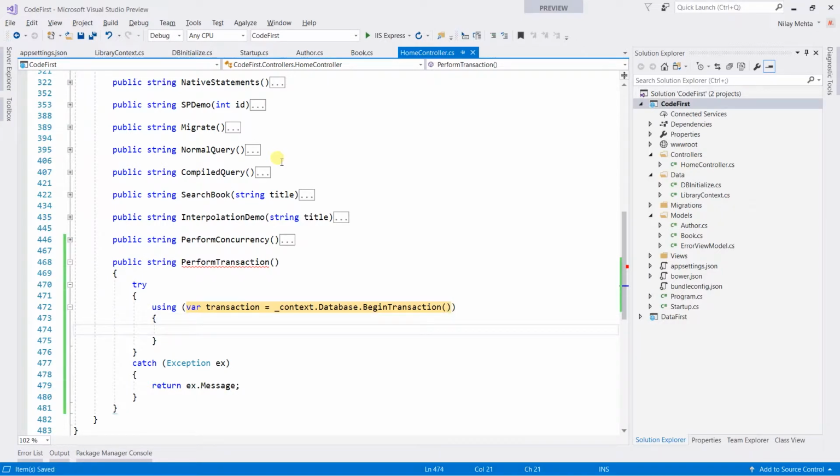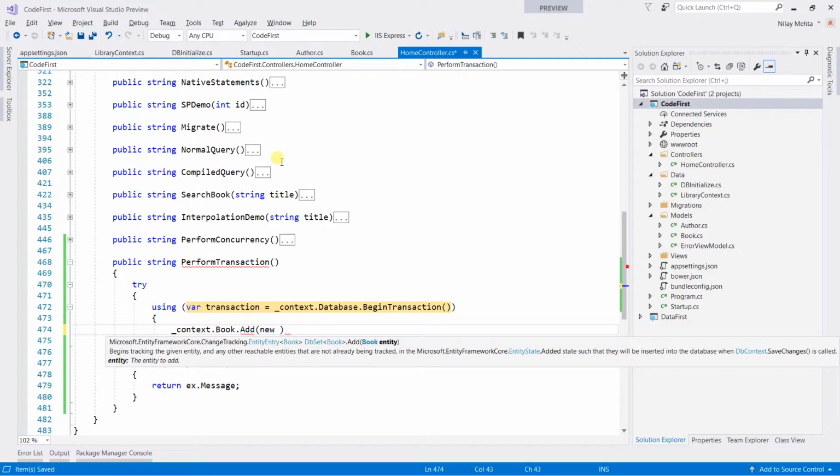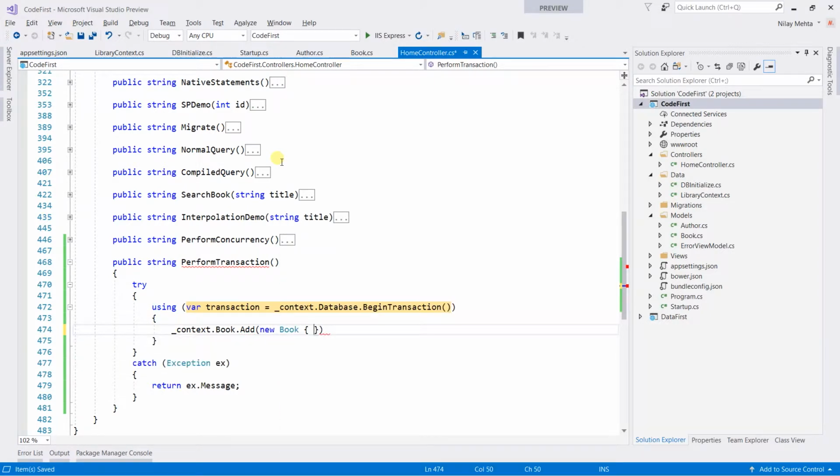For that, context.Book.Add, create a new book with the title trans1, author ID equal to 1, description equal to first book